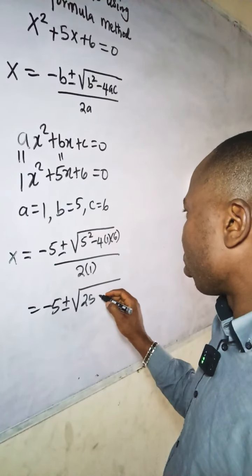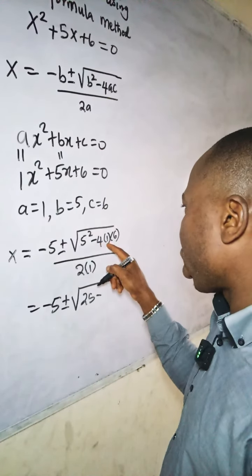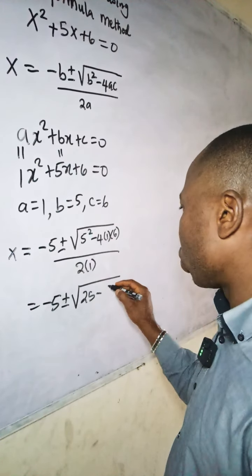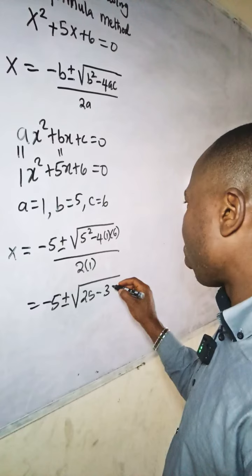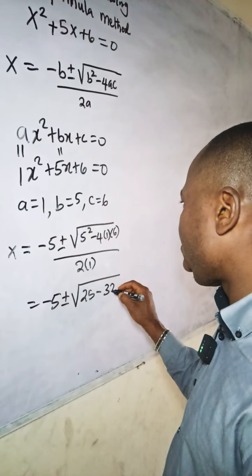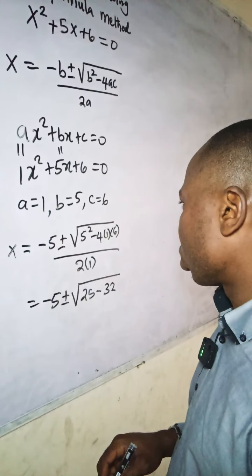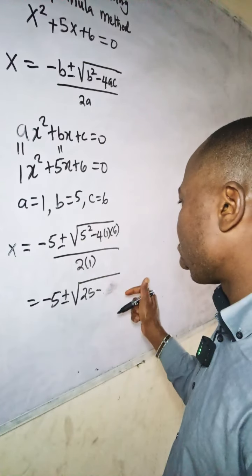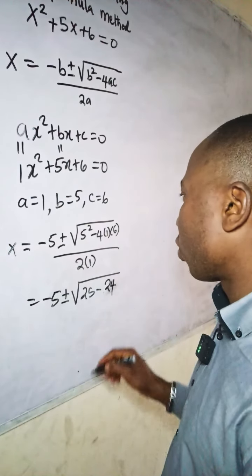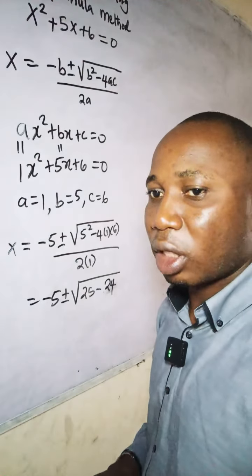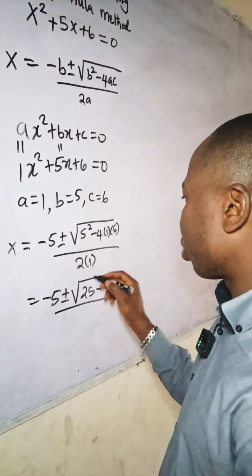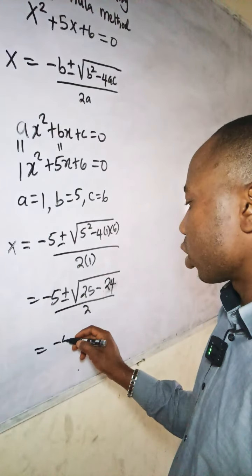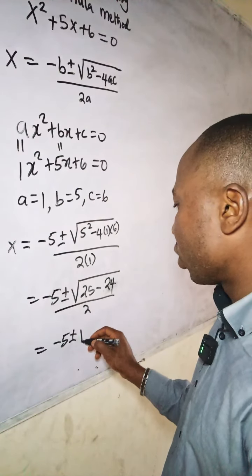25 minus 4 times 1 is 4, times 6. That will give us 32. We're going to have 32 here, right? Is it 32? No, that will give us 24. It's not 32. Sorry about that. So all divided by 2 times 1, that will be 2. So from here, we have minus 5 plus or minus the square root